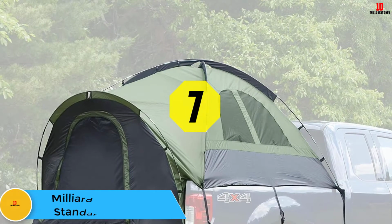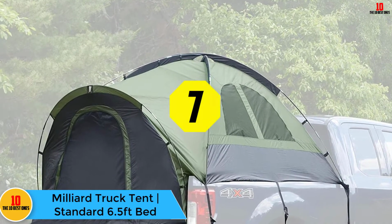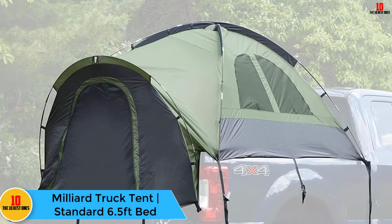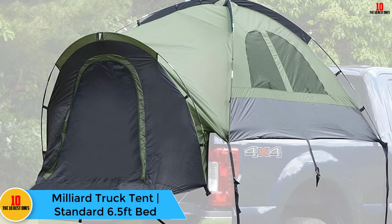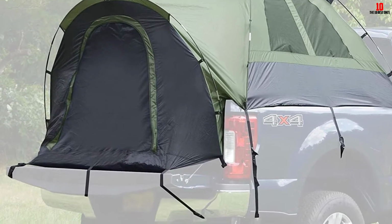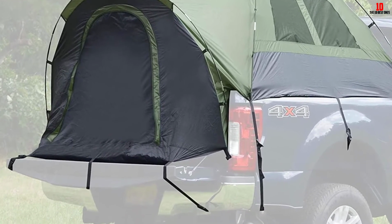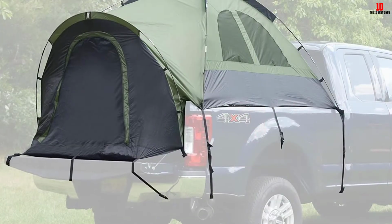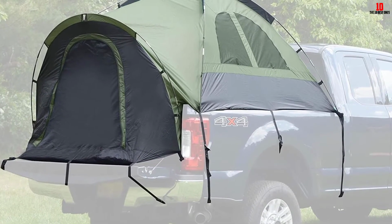At number 7, we have the Milliard Truck Tent, standard 6.5 feet bed. A basic tent with all the essentials. That pretty much sums up the Milliard truck tent. This dome-shaped tent fills up the standard truck bed and then some, with a small awning section to cover the tailgate. It's designed to be as simple as possible to set up, so you can spend more time enjoying camp